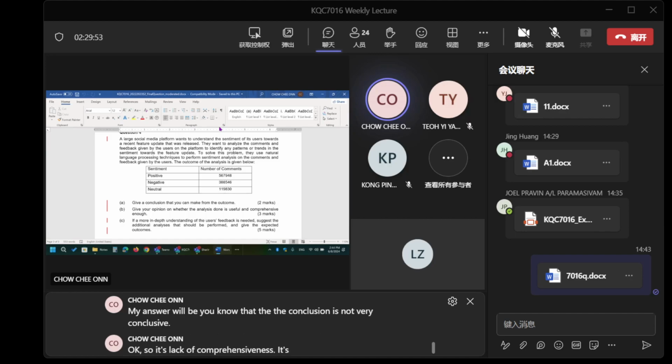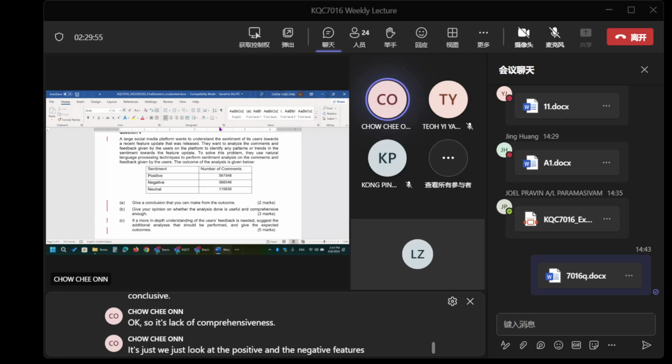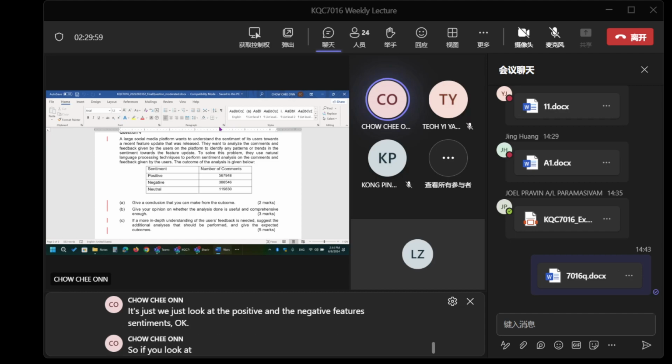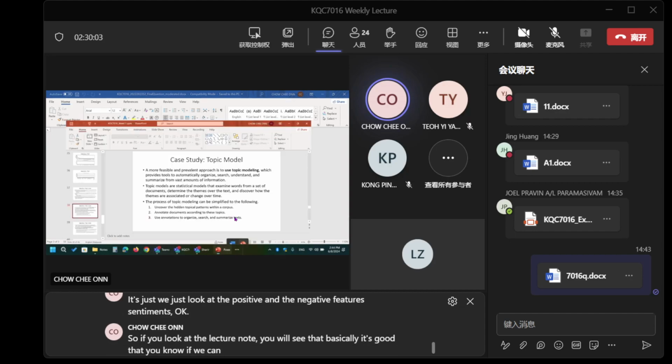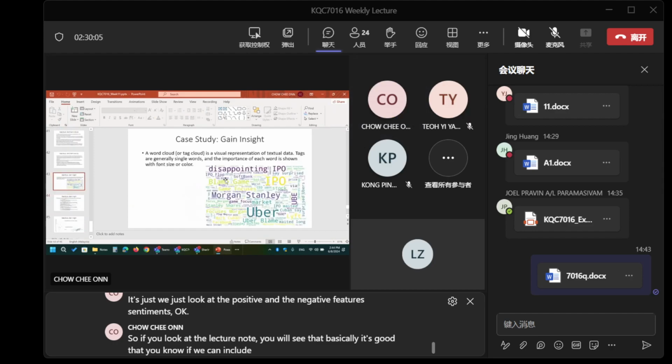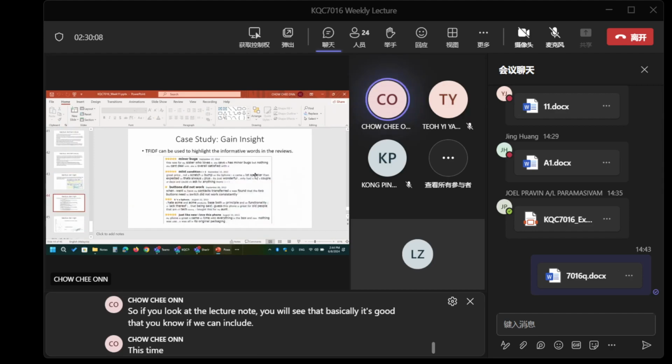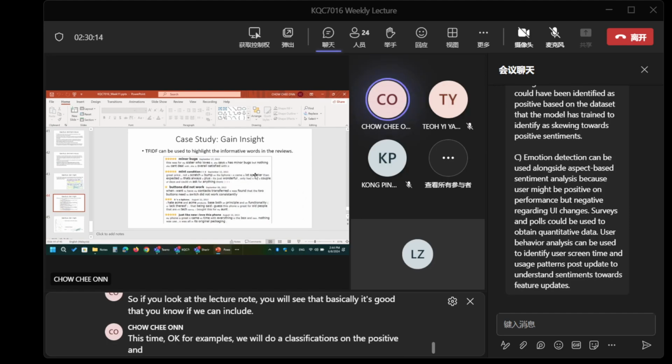If we just look at the positive and negative sentiments, if you look at the lecture notes, you will see that it's good if we can include this part. For example, we do a classification on the positive and negative sentiments.